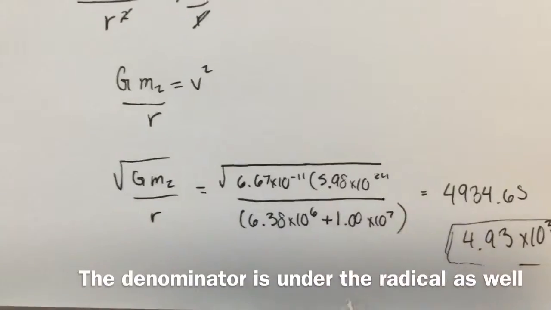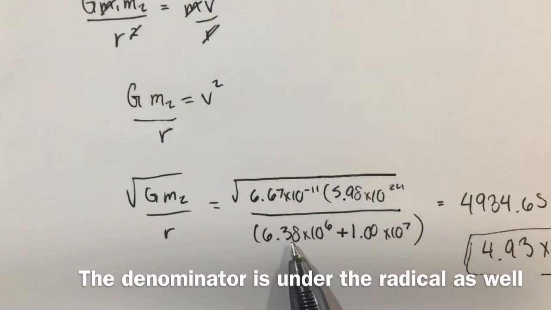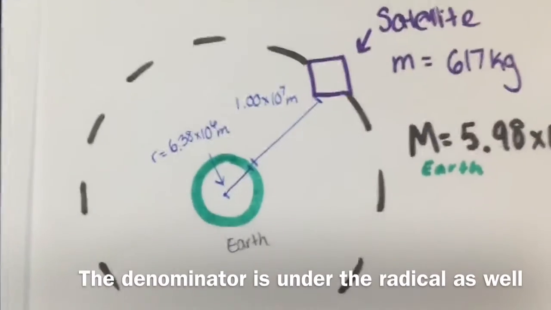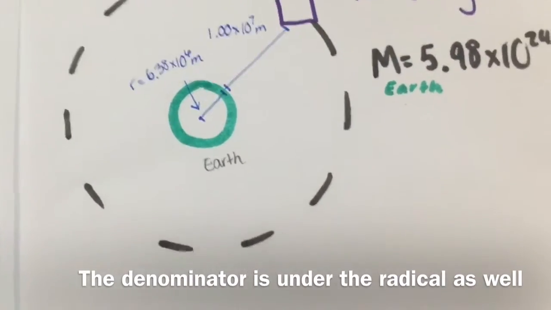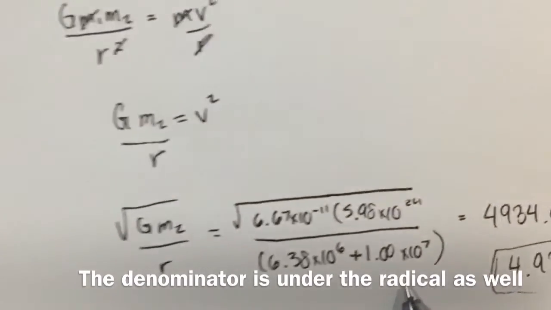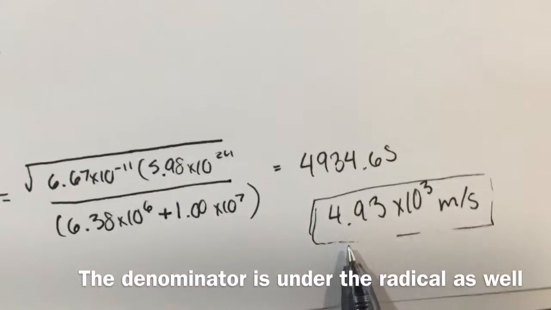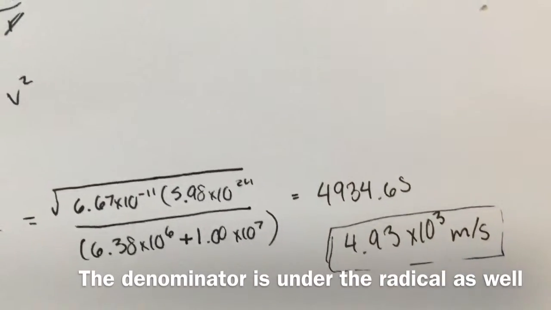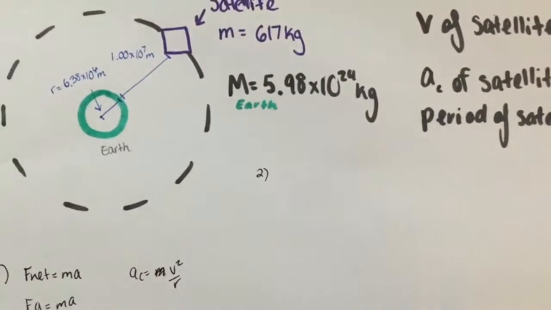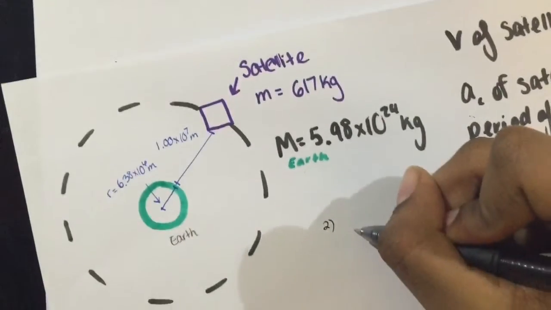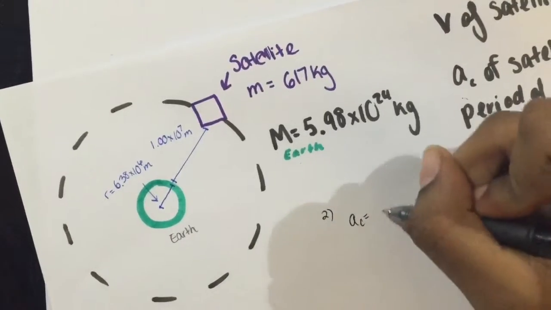When plugging in for r, you have to use the radius of the Earth plus the distance from the surface of the Earth to the satellite. And when you do that, you're going to get the velocity of 4.93 times 10 to the third meters per second. Okay, for part 2, for finding the acceleration of the satellite, we're going to use this formula again,